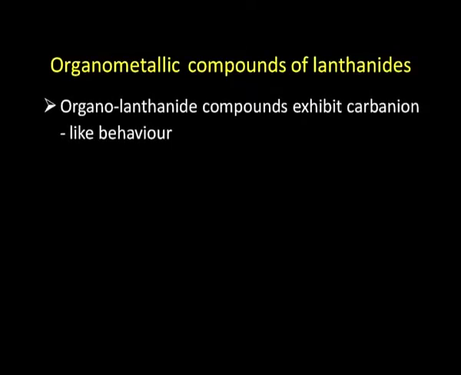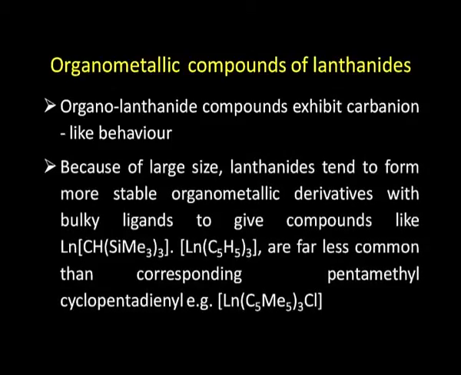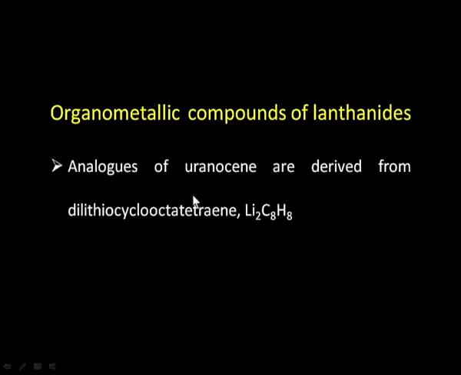At the end, the organometallic compounds of lanthanide. The organolanthanide compounds exhibit carbanion-like behavior. Because of large size, lanthanides tend to form more stable organometallic derivatives with bulky ligands to give compounds like this, and are far less common than the corresponding pentamethylcyclopentadienyl compounds of (C5Me5)3Cl type. The analogues of uranocene are derived from cyclooctatetraene dianion,